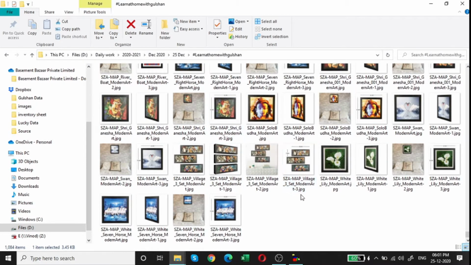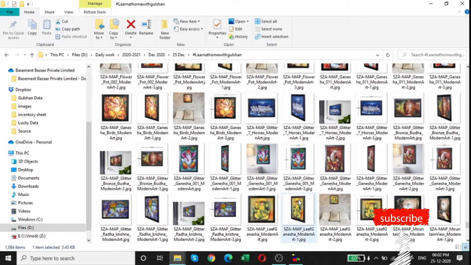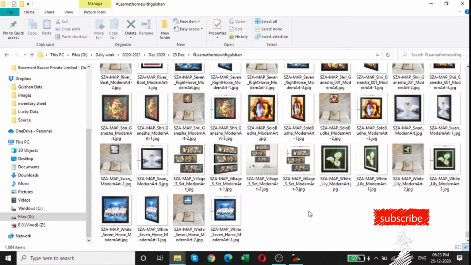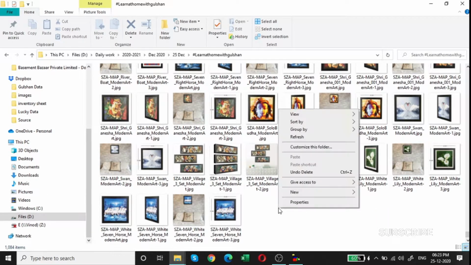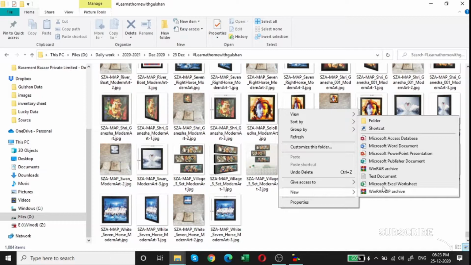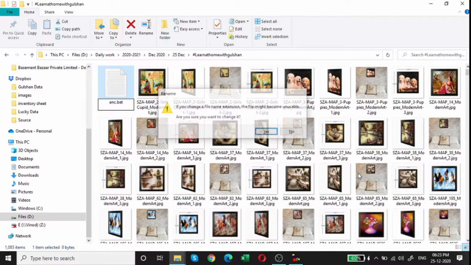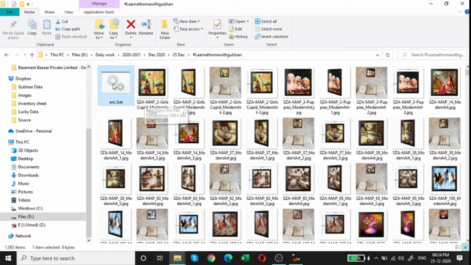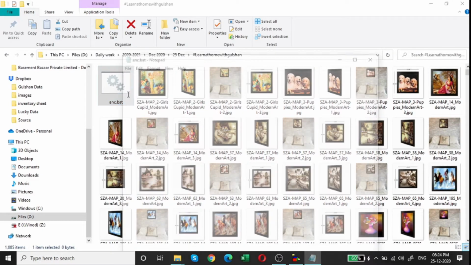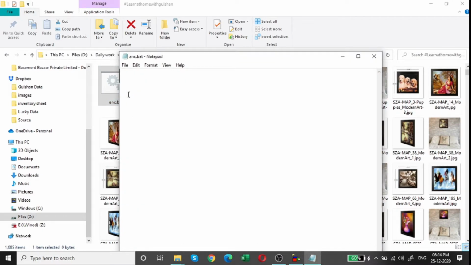Wait. I have an alternative to do this task within a couple of minutes. Let's start. Just right-click and go to New. Click on Text Document. After that, rename the file with the extension .bat if necessary, and right-click and add this file. After that, use this batch code